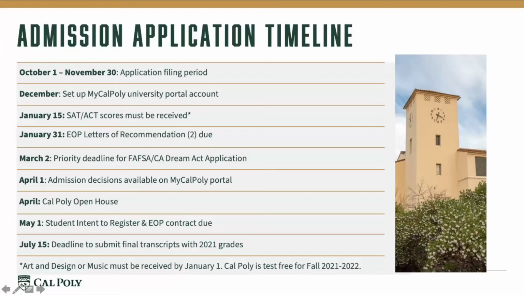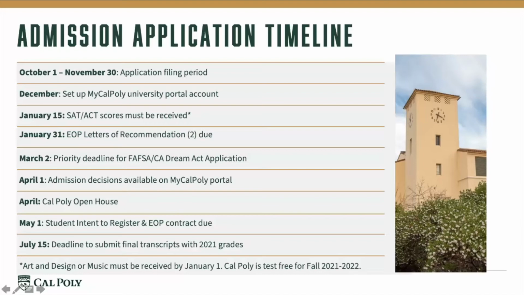So please make sure to submit your FAFSA or DREAM Act by March 2nd at the latest for California priority consideration. And please list all your universities, including Cal Poly, on that application. So you would want to list multiple universities, including Cal Poly, so that they can send that information to us electronically. We give you until April 1st, and then we will guarantee that we will notify you of your admission